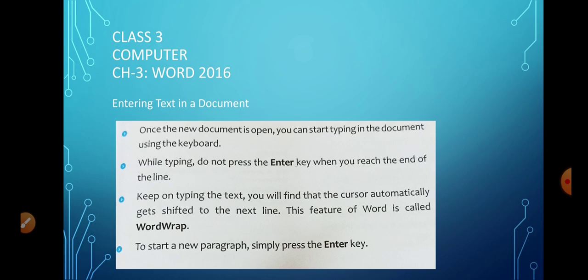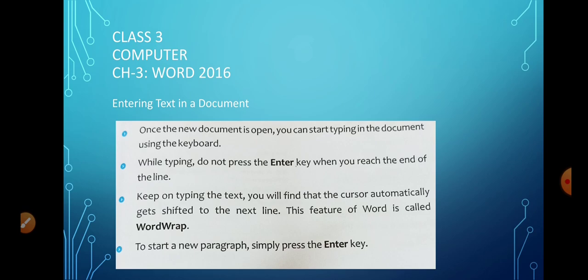But when you're typing on the computer, if your sentence is not complete and you have reached the edge of the page, it automatically brings it down. You don't have to press the Enter key to bring the cursor to the next line. This feature is called word wrapping.